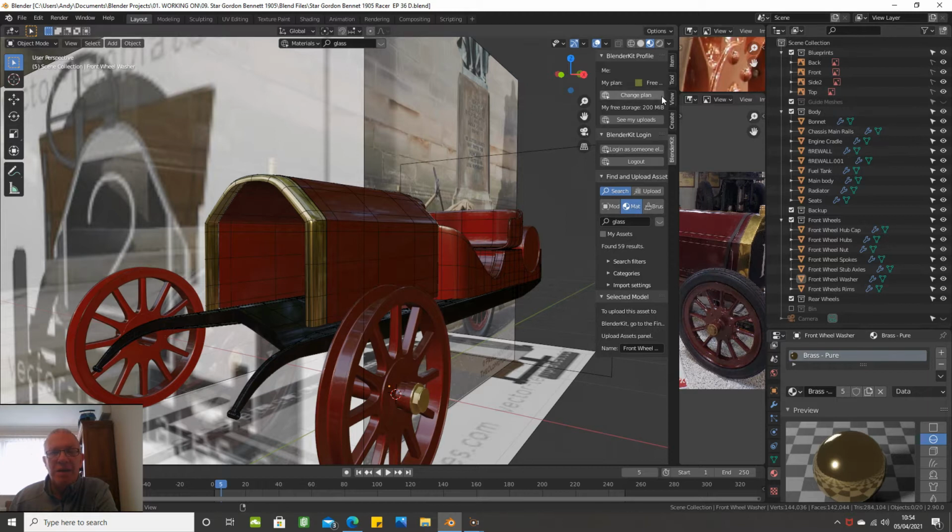There's plenty in there. Once you've gone into it, there'll be a little box up here. You can choose models, which most of them will be on the full plan, so you have to pay for them. There's materials and brushes. Well, I'll cover the materials in this tutorial because I don't do brushes. So click that